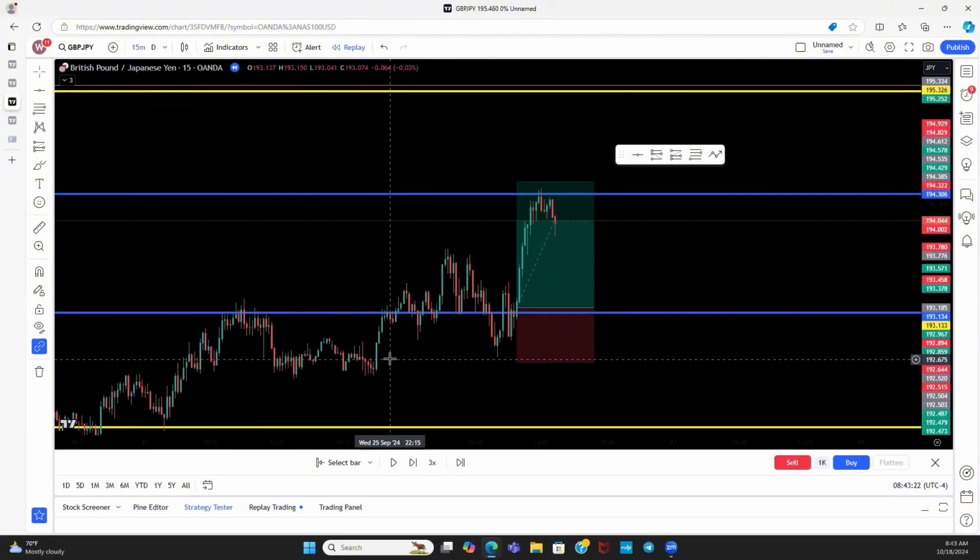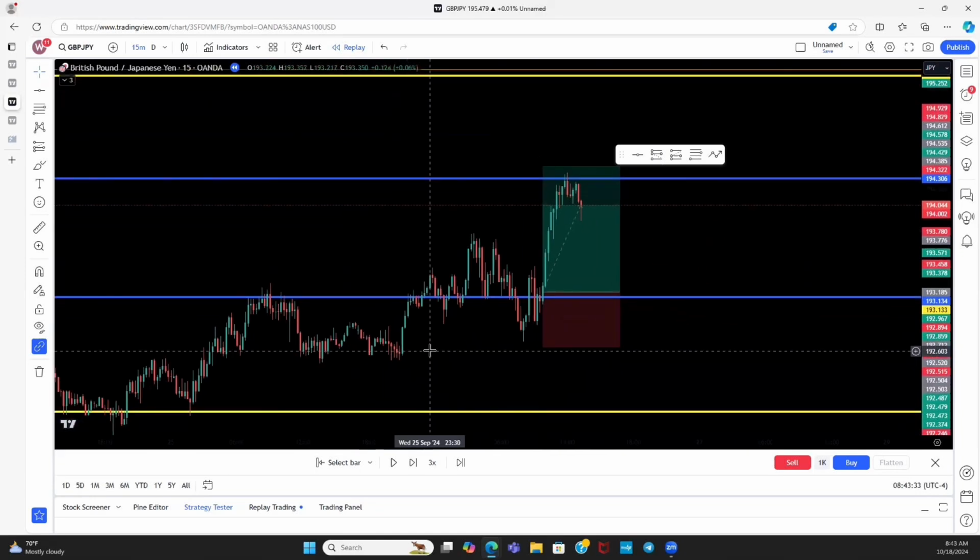Now we're about to go into the most important step. Okay, well, all these steps are important, but this one is super important as well. You want to always trade with the trend and flow of price. So what does that mean? If we're in an uptrend, no matter what, you want to look for buys. If we're in a downtrend, no matter what, you want to look for sells. And I'm about to go even further with that.